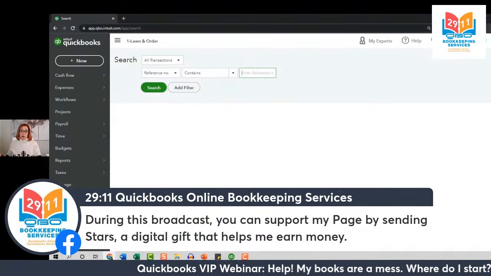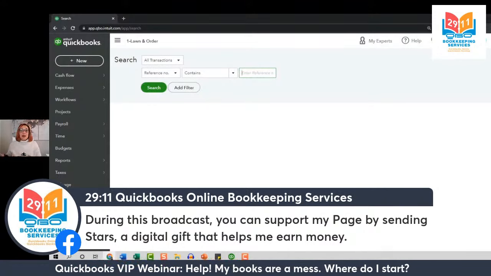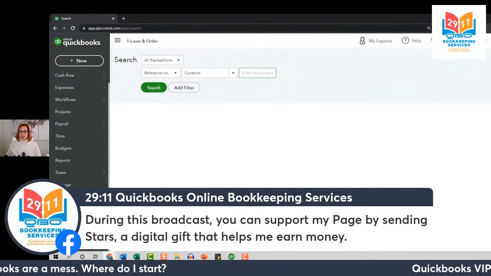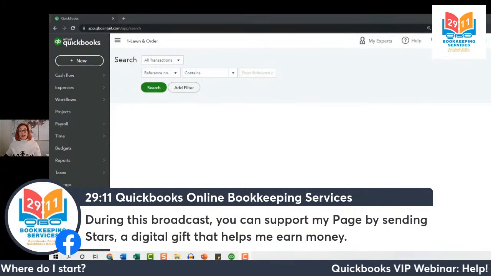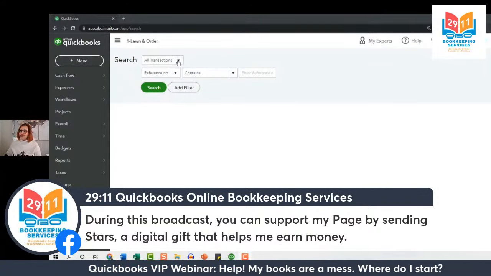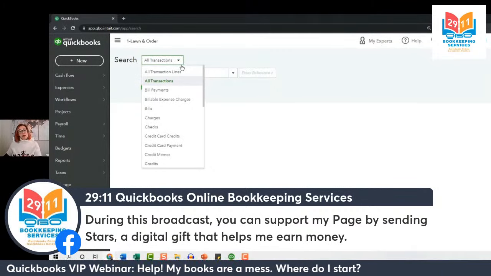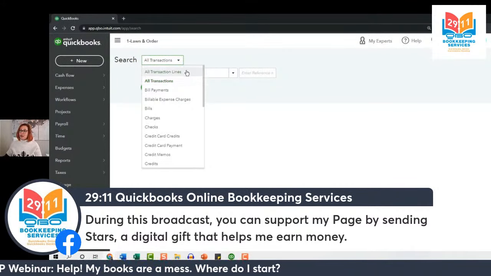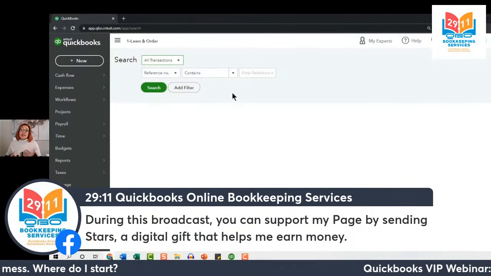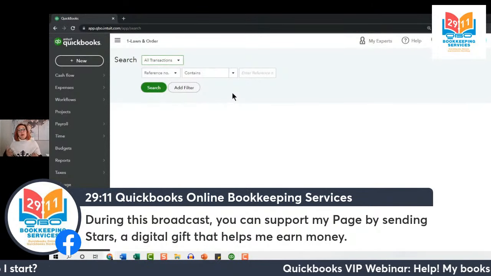Now I want to make sure that the transactions I recreate haven't already been re-recorded. If they've already been re-recorded, maybe they just haven't been reconciled, and that's a completely different scenario. So let's do a little bit of searching here. In the advanced search, we can apply a number of filters to find specific transactions. Right now, I know I'm looking for a received payment transaction, but I'm going to search all transactions, because if we don't necessarily find what we're looking for, maybe we'll find something that was recorded wrong.